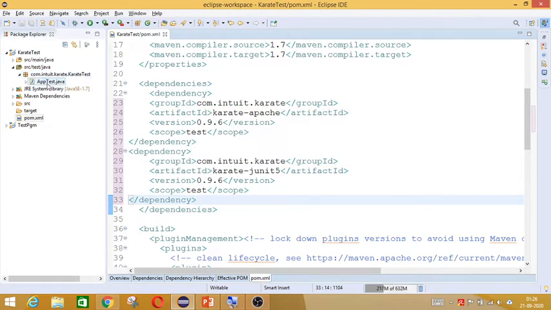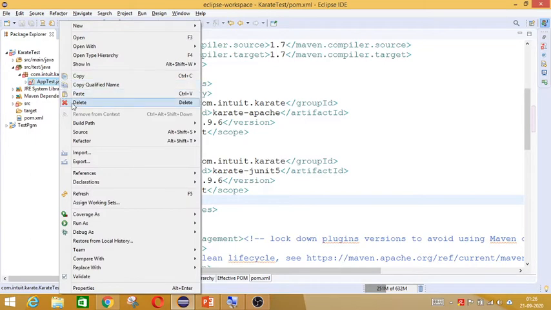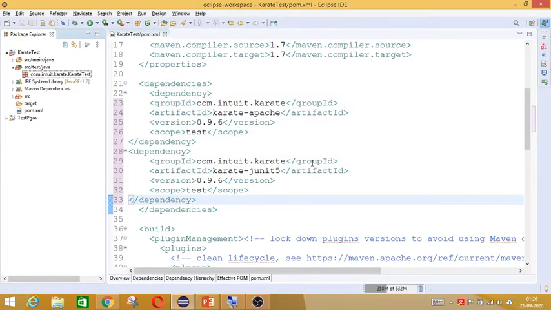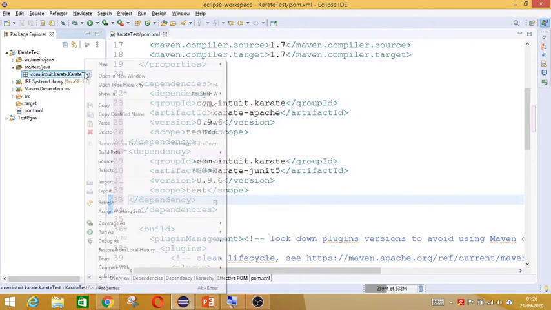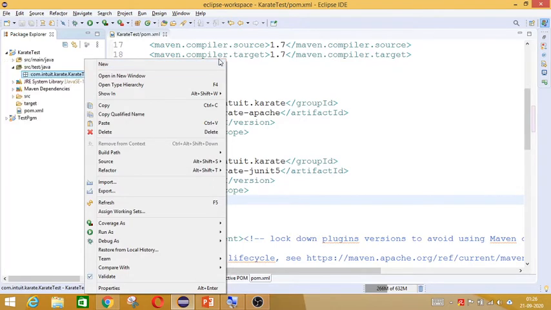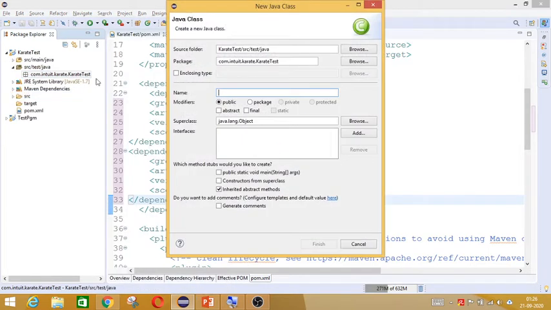Okay, now we have to create our feature file and runner file. For that we will delete this file, we don't need it. We will create our own runner file and then feature file. So here do a right click, and whenever we need to create a Java file, we have to create a class file.